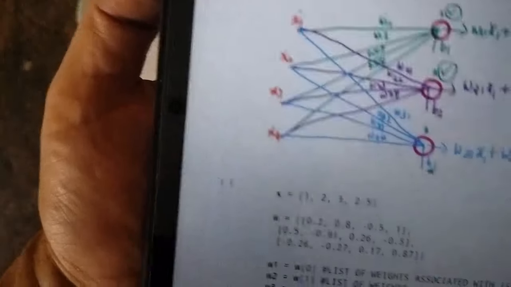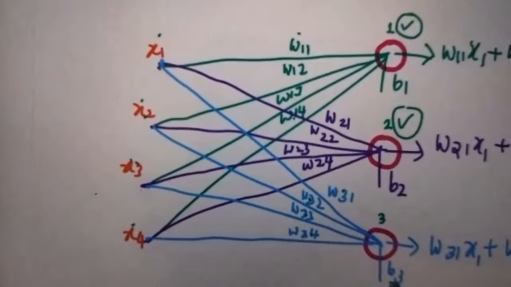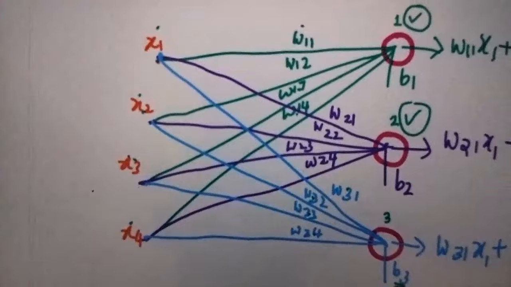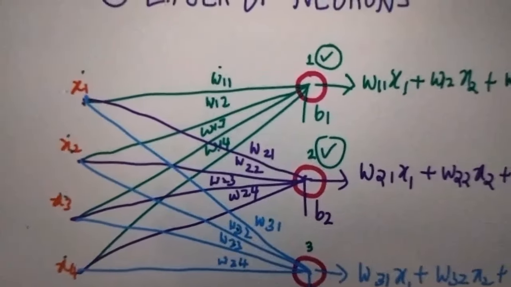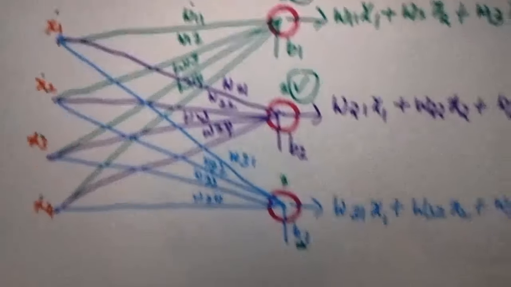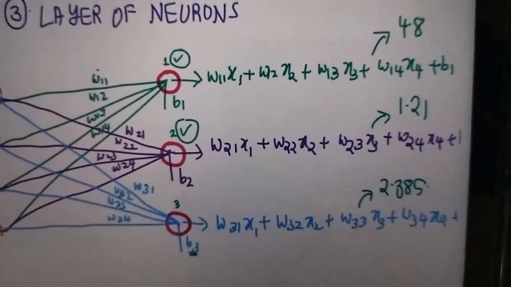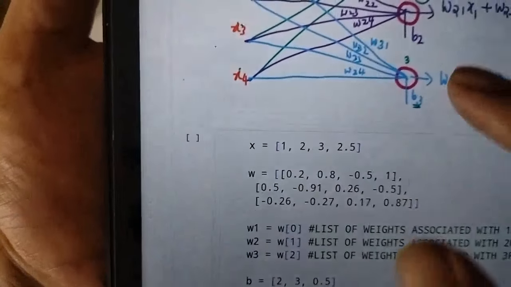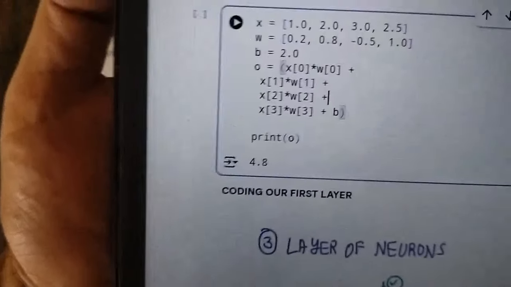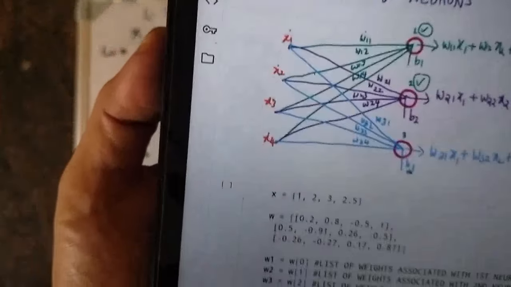Now third one, suppose the inputs are like that. What we are doing actually? First input, second input, third input, fourth input, and for every input there is a weight you are associating with the first neuron. Second thing also for second neuron and third neuron. We made different colors. It is very easy to understand. Okay, and similarly we have also written the code. Later I will show, because here it is not possible to display.